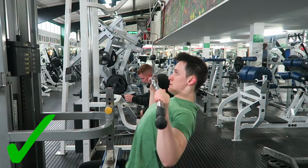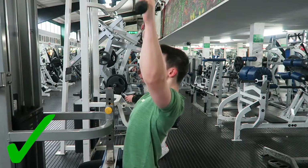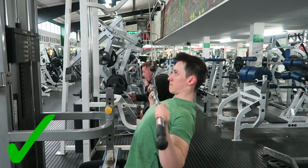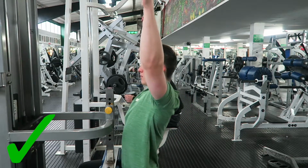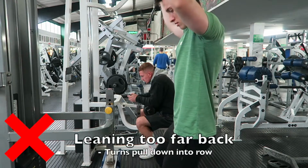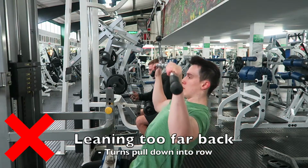You're going to find that you need to protract and retract your scapula as well during the movement. As you see here with the lat pull down, you're obviously going to be bringing your shoulder blades together at the bottom of the movement, and if you were doing a row you'd need to open up your shoulder blades, then bring them back together in order to activate the target muscle. And if you were doing shrugs for back, again, the upper part of the trap, you're going to have to elevate your shoulder blades, so you're going to have to elevate that scapula in order to target the right muscle